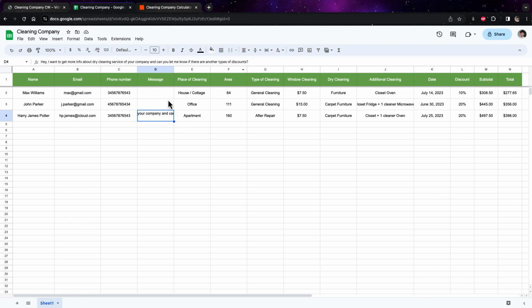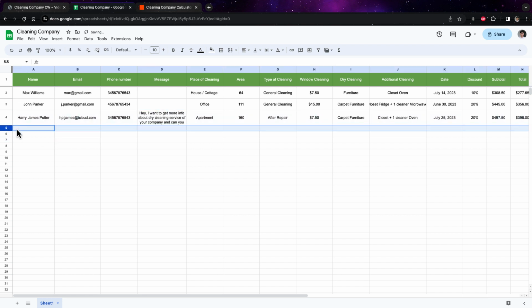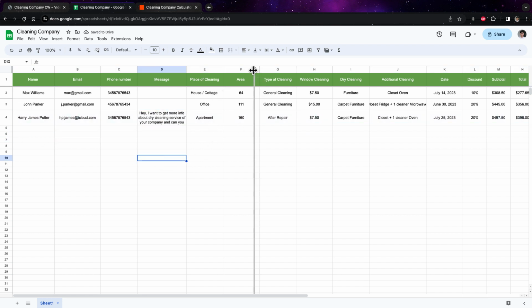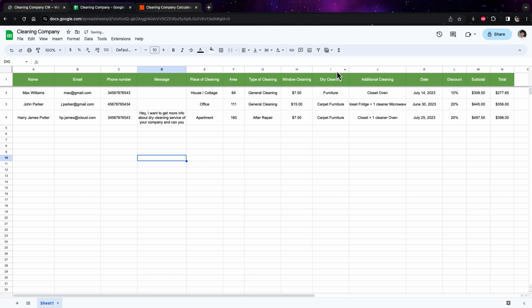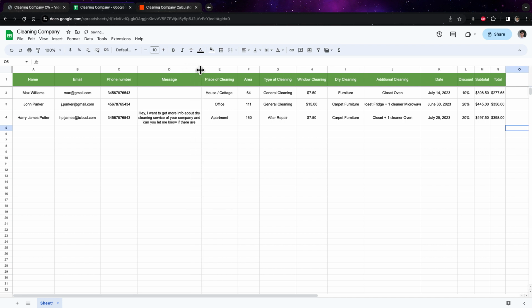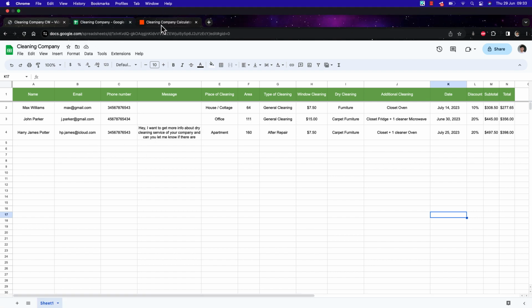So the words that I wrote a little bit ago, I will put more space for a message, and I will make it like this to make it more visible. And area, I will put some small space for area and for window cleaning, like this, and for the discount, and for the subtotal, and for the total. Right now I can resize the column for message and for additional cleaning. Great. Right now we have automated our calculator, our business with Google Sheets, and you can do the same thing